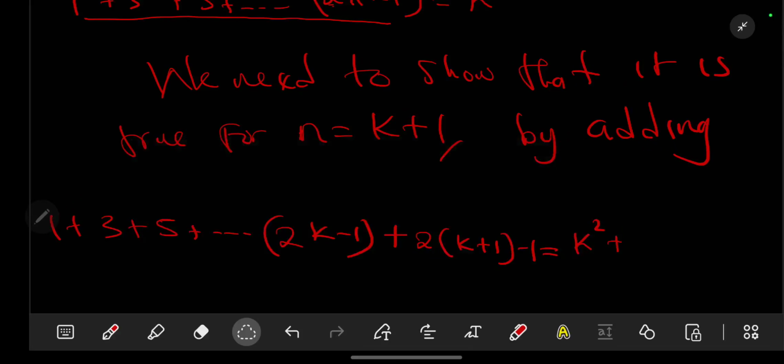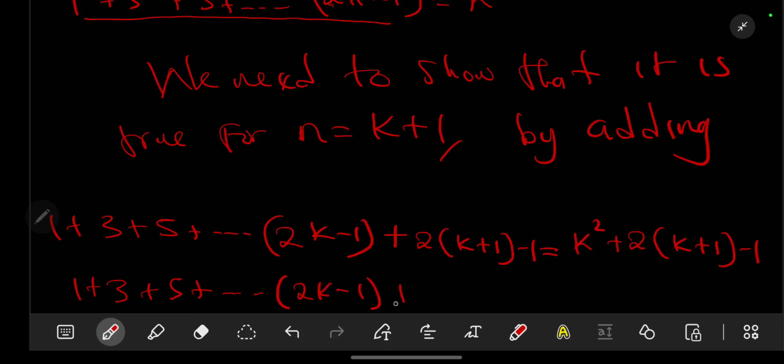It will make sense. So what we are going to have is that when we take this, we are going to reduce it, and it will be equal to your k. So when we do this, there is no need for us to repeat this side, but let's repeat one time. 1 plus 3 plus 5 plus dots 2k minus 1 plus 2k by 2 by k, it will be 2k plus our 2 minus 1 will be equal to k squared plus 2 by k, it will be 2k plus our 2 minus 1 should be equal to